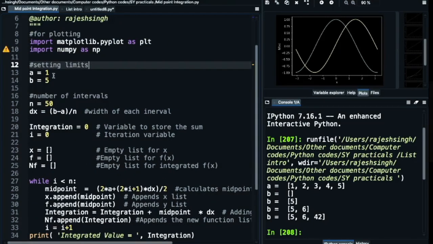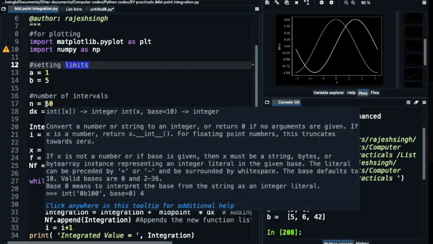Then these are my initial and final limits. a is equal to 1 is my initial limit. b is equal to 5 is my final limit. Then n is my number of intervals. I have taken 50 intervals. You can reduce the number of intervals, say to 5 or 7, and you can increase the number of intervals and see how it responds.